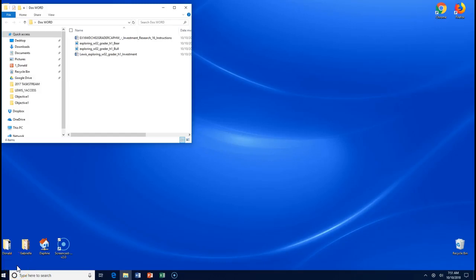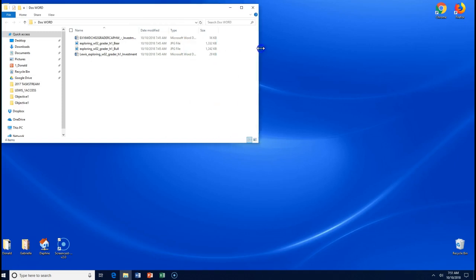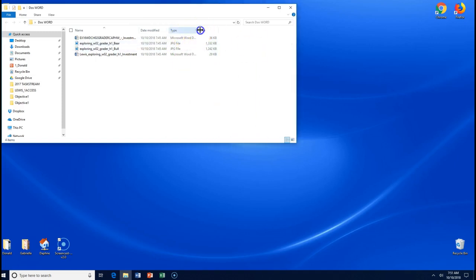Good morning, team. Today we're going to work on Chapter 2 in Word, and I wanted you to notice when I downloaded the files that the files are different. Sometimes you have these covered up and you can't quite see what's there. I'm going to expand this out a little bit, and as you can look, you can change between the size, names, the dates modified and such, and you can see that the top one